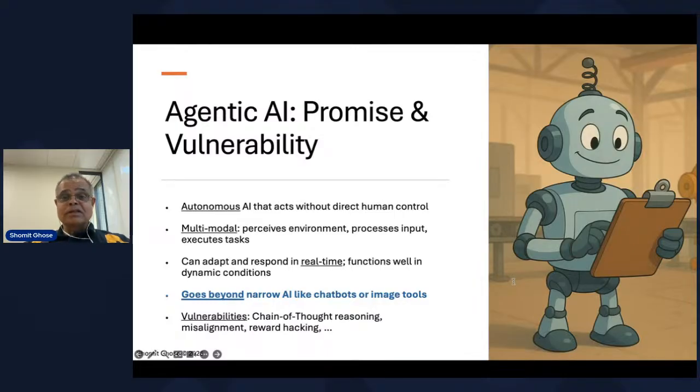They're multimodal. They accept input and perform tasks that go beyond simple text. Think about when you interact with ChatGPT or Google Gemini, you just type and you get a response back and it's all in text. Agentic AI is multimodal, so it might see things, for example. It might call APIs, for example, etc. So they're going to execute thoughts and actions in real time and go beyond the simple prompt response mechanism that we're so familiar with in our favorite chatbots. And finally, due to this complexity, they're very heavily freighted with vulnerabilities. And we'll talk about that a little bit today, too.